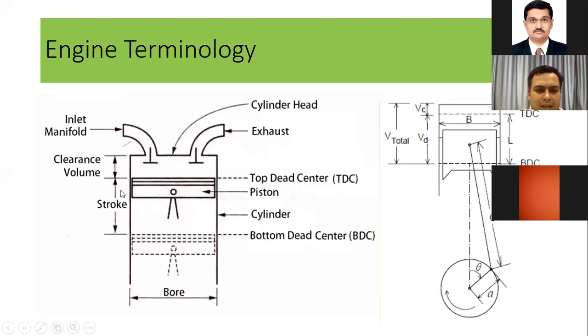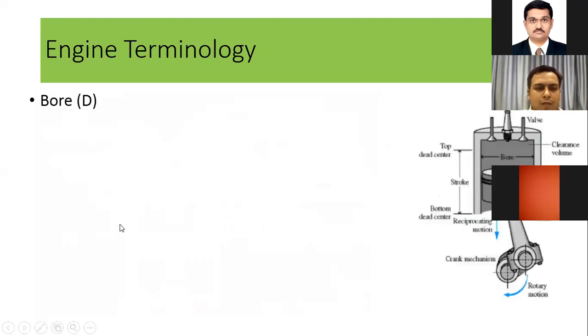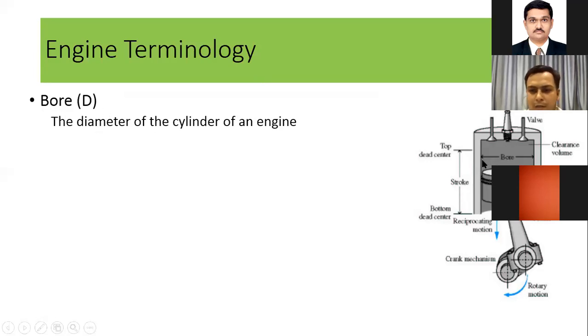The second thing is the distance between the two. Suppose we are going through the terminology, the first term given over here is bore. Bore means the diameter of the cylinder. See in this figure, at the cursor, this is called bore. So bore means the diameter of the cylinder, or you can treat it as the diameter of the piston also, because there is a very small amount of clearance between the cylinder and piston. So we can neglect that clearance and consider the diameter of the cylinder the same as the diameter of the piston, which is indicated by D.